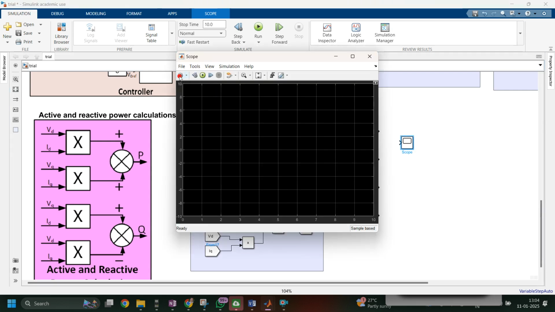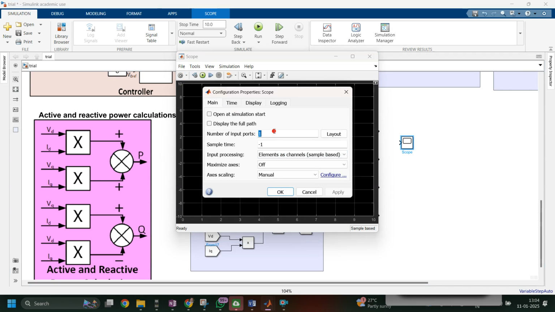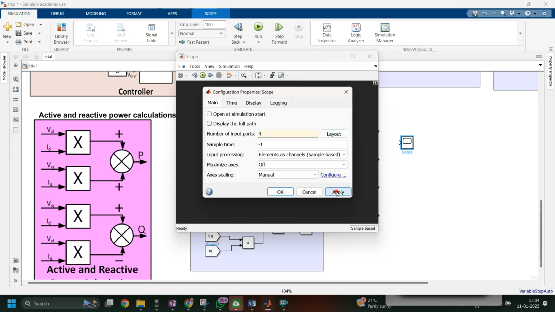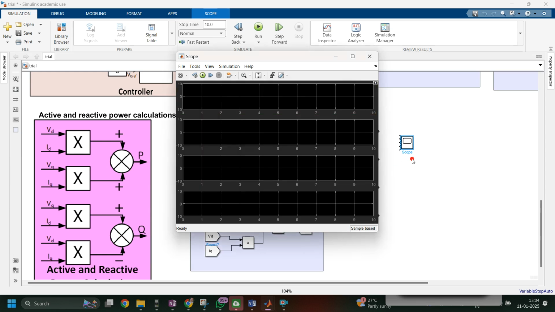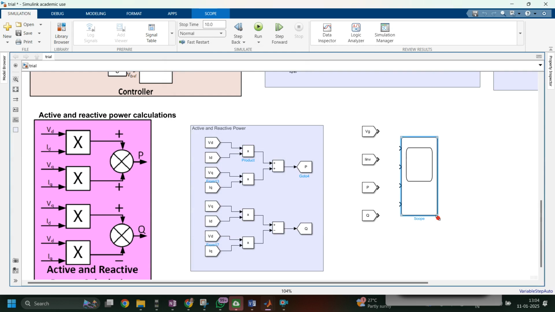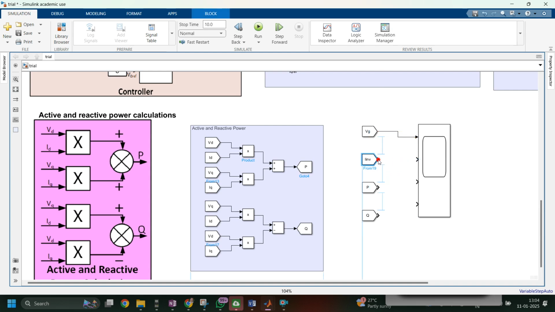Okay, now set the total number of axes equal to 4. I want this layout in vertical format, as a column vector. Click on apply. Okay, so it will create all 4 axes. Now you can connect VG here, IG here,